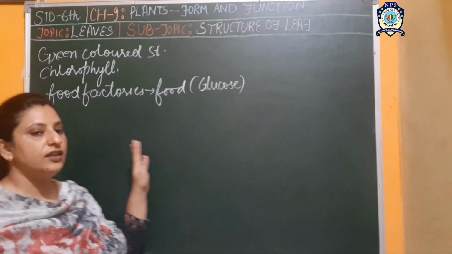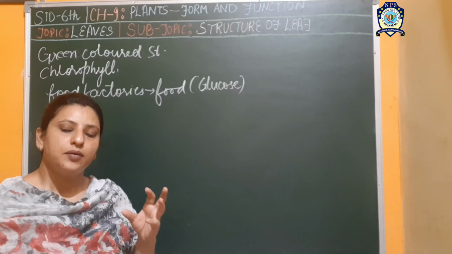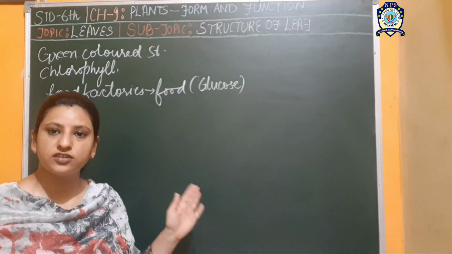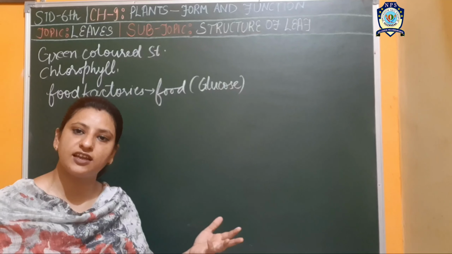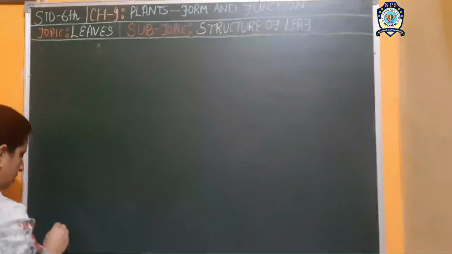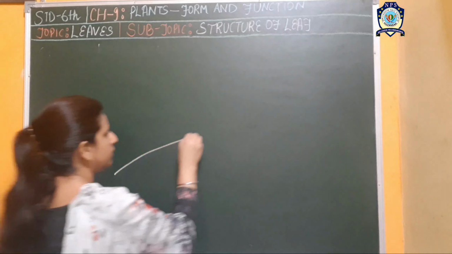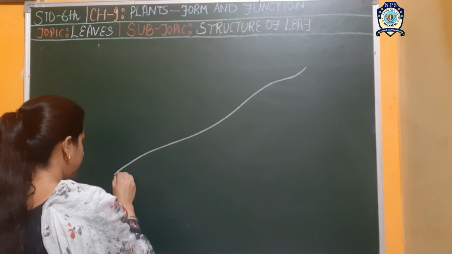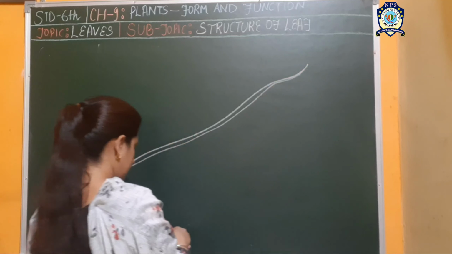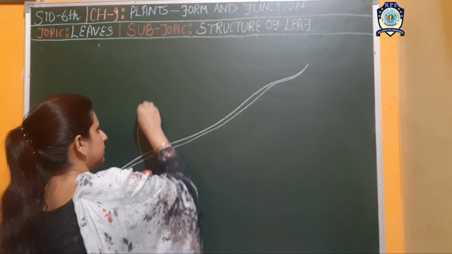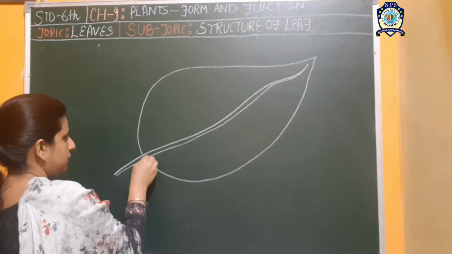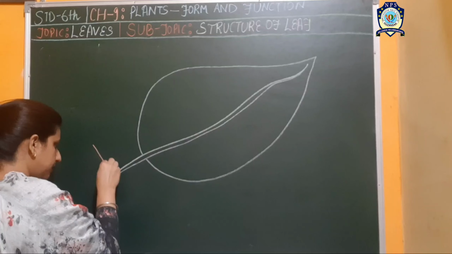Now the leaves has got structure which is divided into different parts, and let's draw the structure first to understand what is there in the leaf structure and how the structure of the leaf is attached to the branch also. So like this you have to make a line. You can make a double line here, and this is the broad part of the leaf, and if this is the branch,